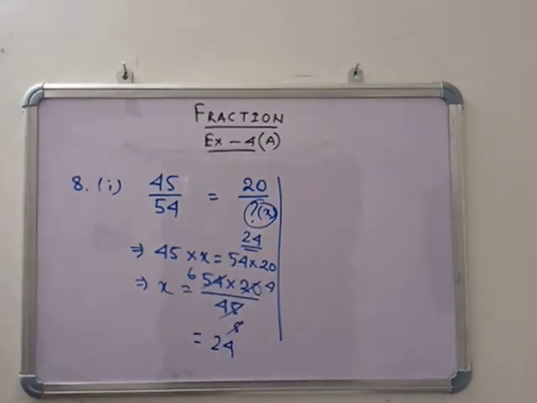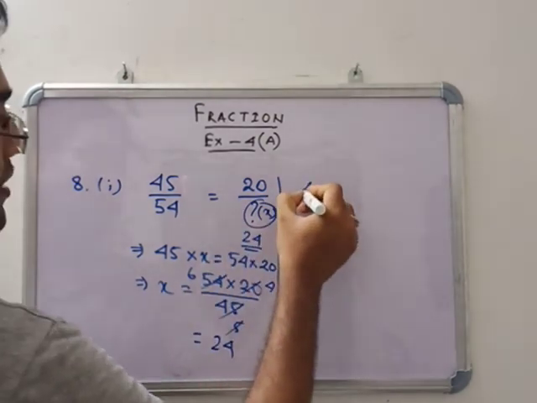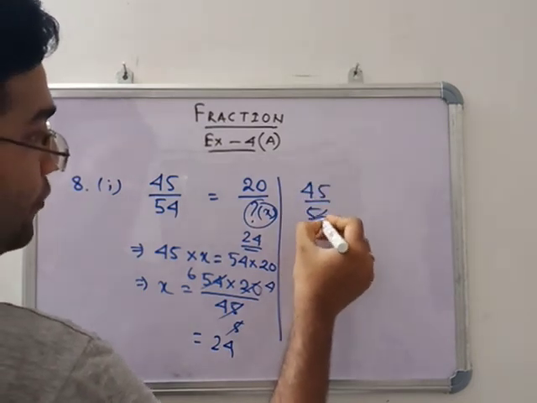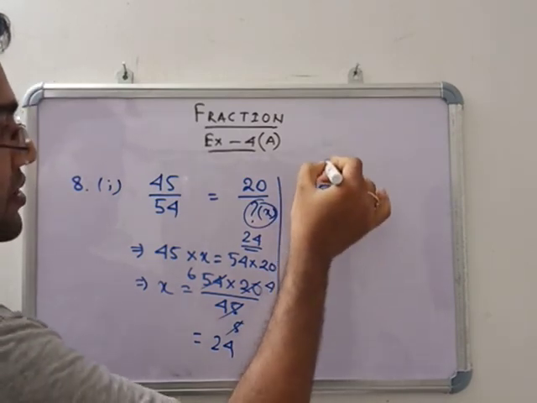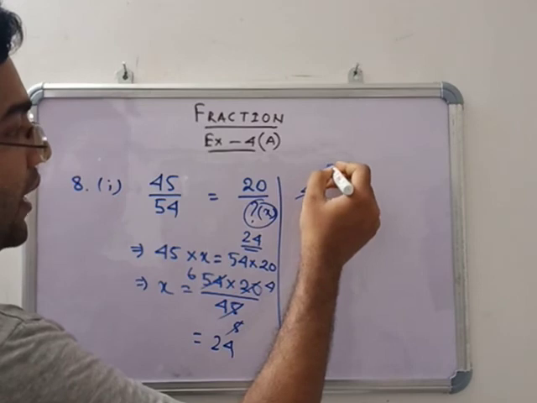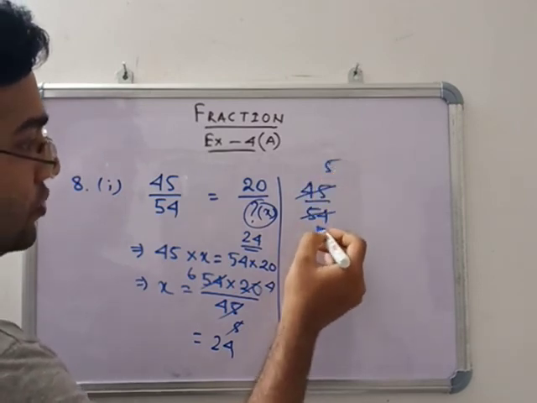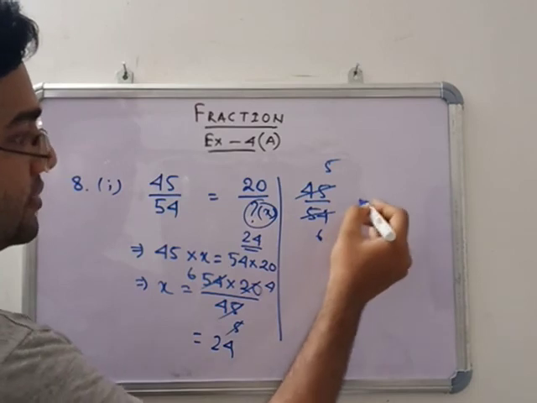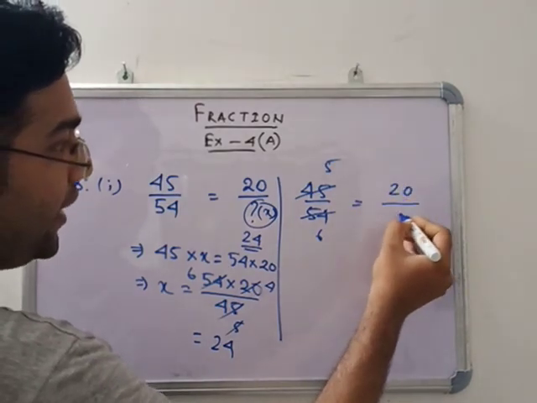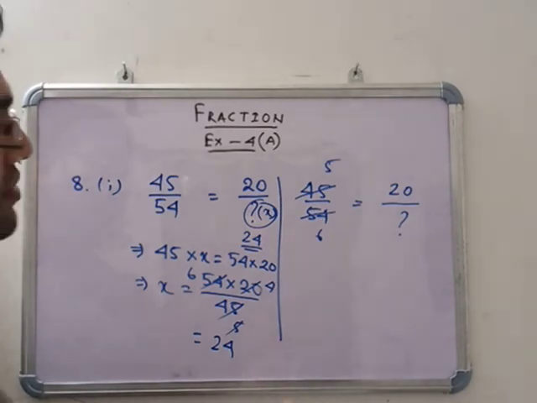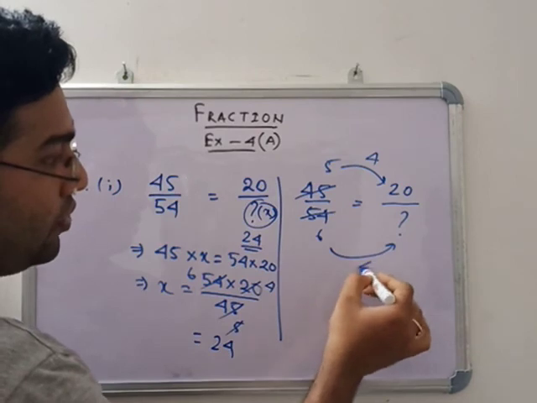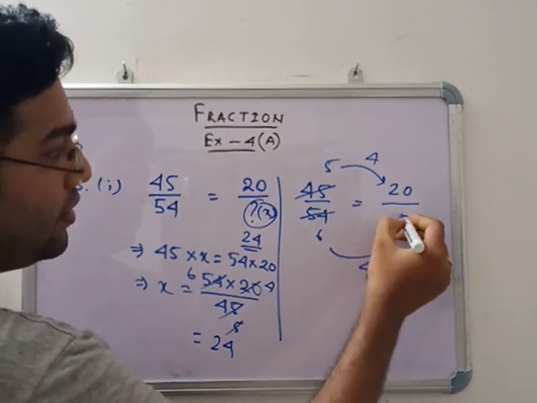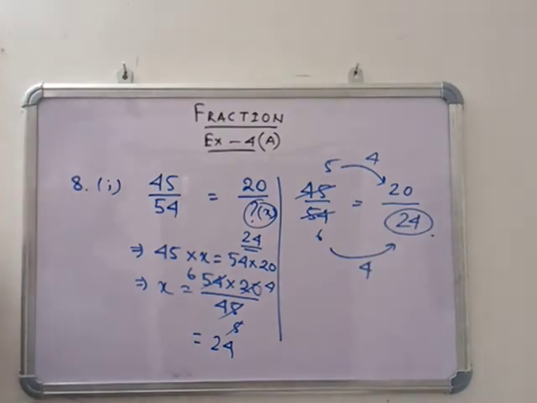So in the position of this one, we have to write 24. Now similarly, another process is, suppose 45 by 54 is given. I have to cancel this by 9. So this is 9 into 5 and 9 into 6. Okay. Then 20 is given. You have to find the missing number. So that means this is 5 into 4, this is 20. Then 6 into 4, this is 24. Okay. So you can do any one by your own. I am showing both the processes.